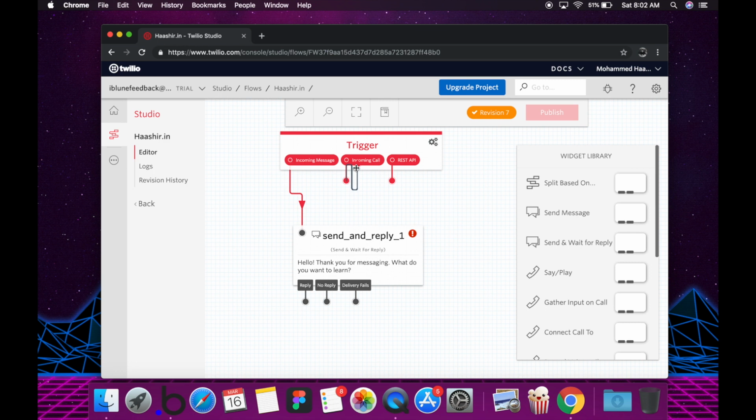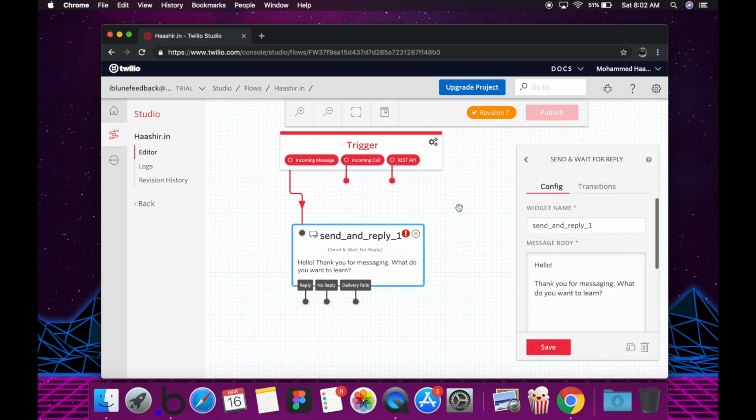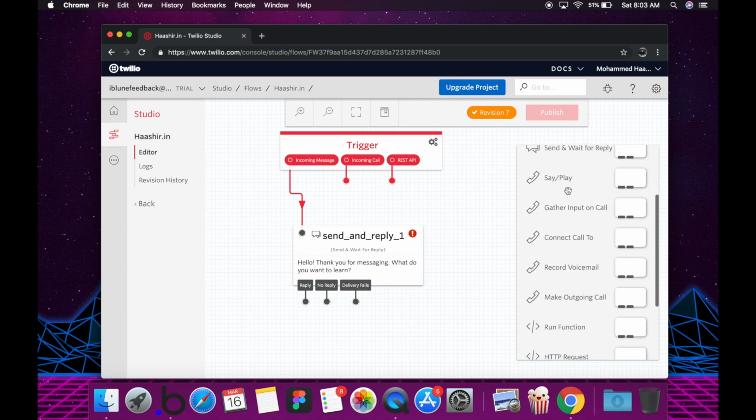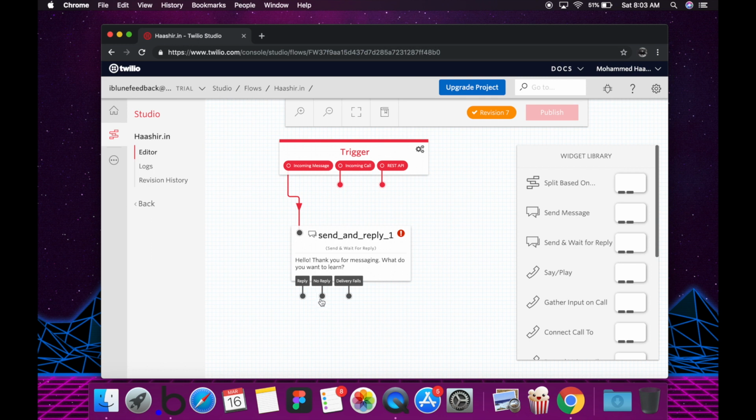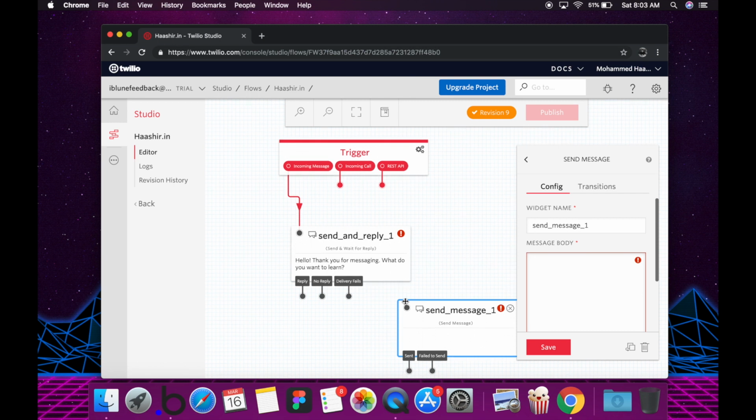Okay, but for now we're not actually doing primarily incoming calls because this one is mostly for text. But you can, of course, also have say play, which means it's going to be saying some words out of there. You can also configure the voice, but if there is no response, then you probably want to create a separate box here that says,